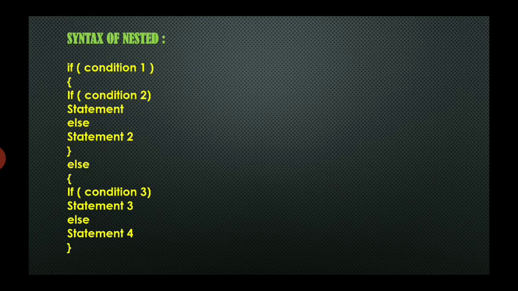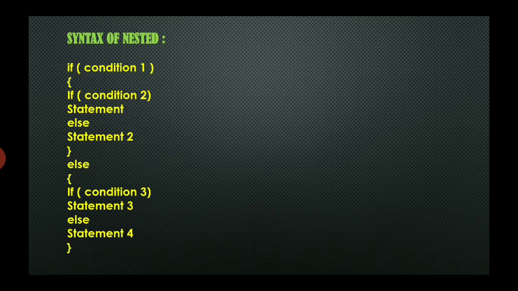Then statement 1, else statement 2, then this brace is closed. Then another else part is there, so another brace is opened. Now you see another condition is there, if condition 3, statement 3 else statement 4. Okay, this is the syntax of the nested if statement.